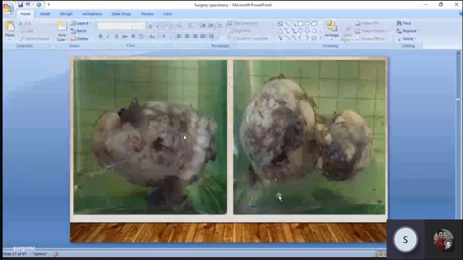All these pictures are not clear, but these are the specimens we have in our surgery department, and these are the specimens that usually will come in your examination. So try to identify. This is the specimen of thyroid, and the surgical procedure that has been performed is total thyroidectomy. Okay. So what are the points in favor?